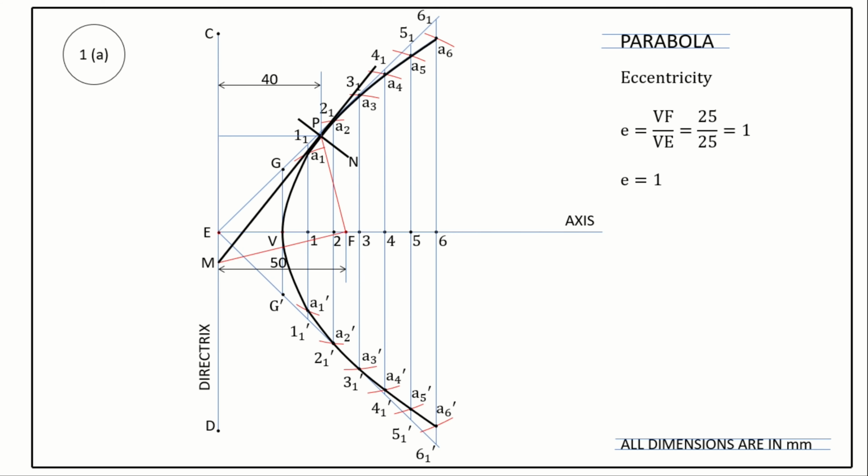So, here we have drawn the curve. I have given the name of the curve as parabola. I have drawn the tangent and normal at a point 40 mm horizontal distance from the fixed line, and this is a complete answer. What I want to add here is whenever you go for construction of any line, draw using thin lines, that is 2H pencil. After you get the answer, draw the final answer using HB pencil, that is thick lines.